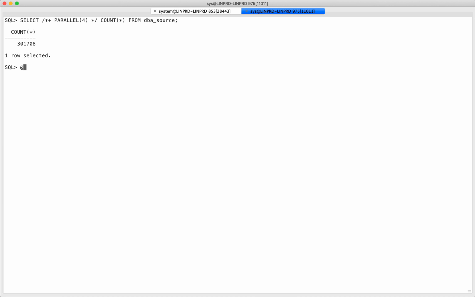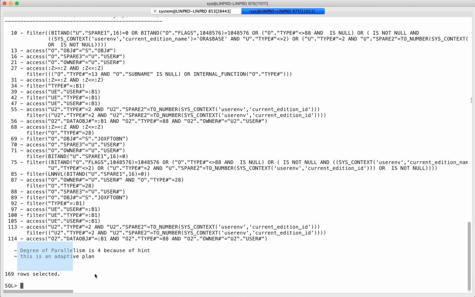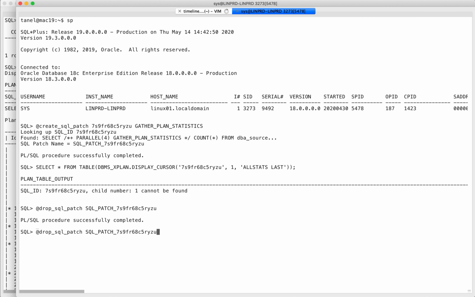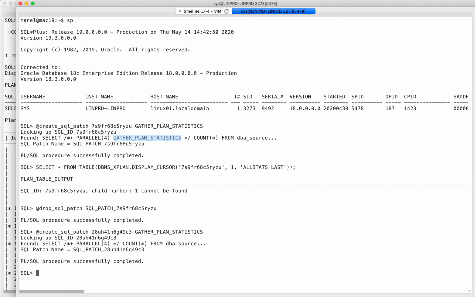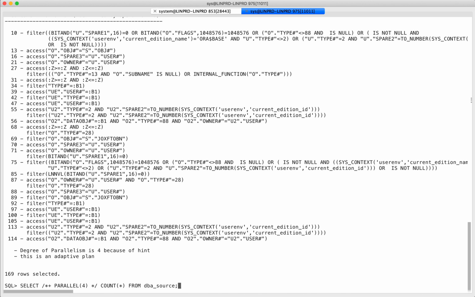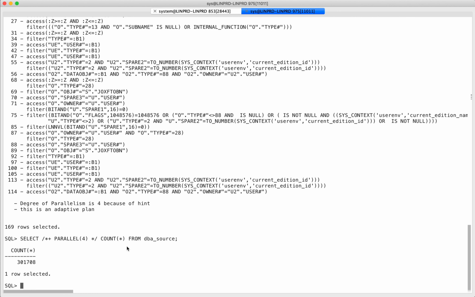So this is my query. It runs in parallel. This is the SQL ID. And now as a DBA, let me create the SQL patch for this SQL ID, whenever anybody runs it again. If I show you all child cursors for this SQL ID right now, I only have one child. But since I created the SQL patch, if I rerun this now, then